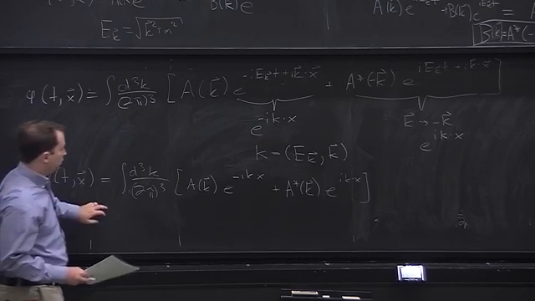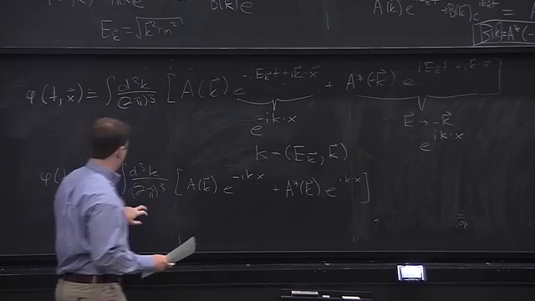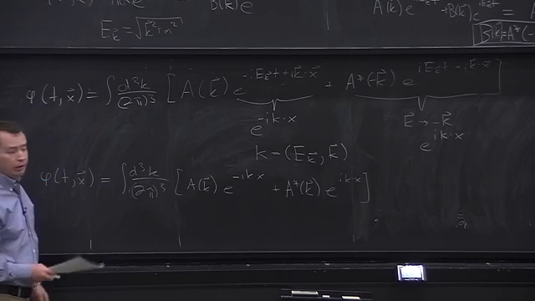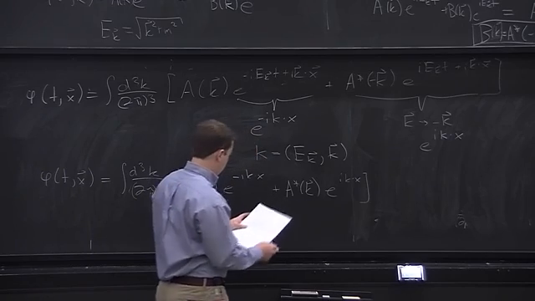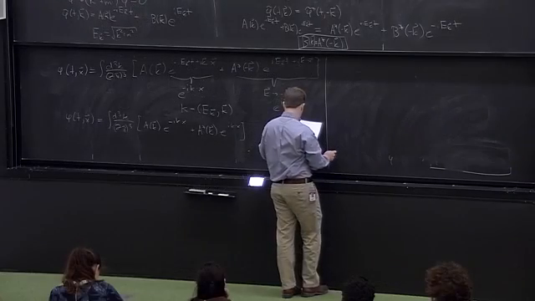And it's looking better. This part looks Lorentz invariant, but we still have the measure. So let's see if we can make the measure Lorentz invariant. And to do that,